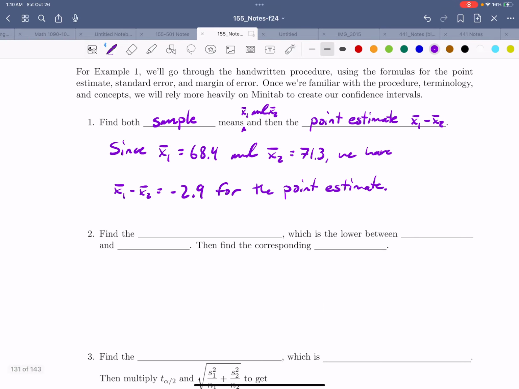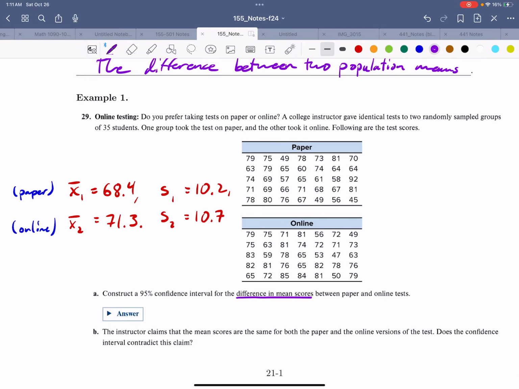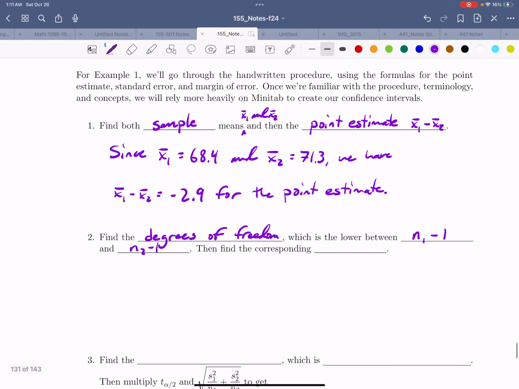Next, we're going to find the degrees of freedom. By the way, note that we're assuming we do not know the population standard deviation. Right? That's a pretty safe assumption here. So that's going to be the lower of n1 minus 1 and n2 minus 1. Now, again, you can choose whichever one you want for n1 and n2, but just be consistent, right? We decided that population 1 was the paper people, and population 2 is the online people. Also, it turns out, in this case, n1 and n2 equal the same thing. Okay? Then we're going to find the corresponding t-value,